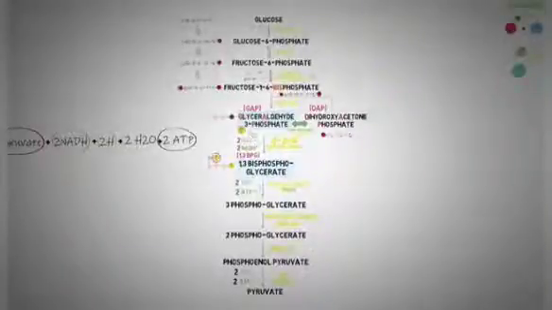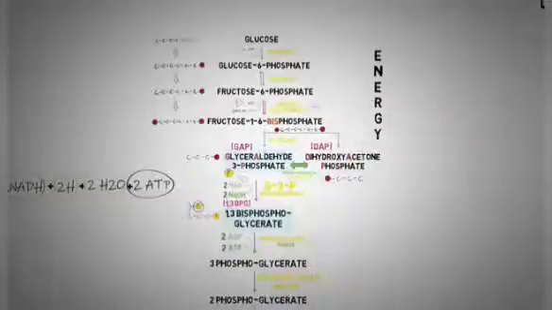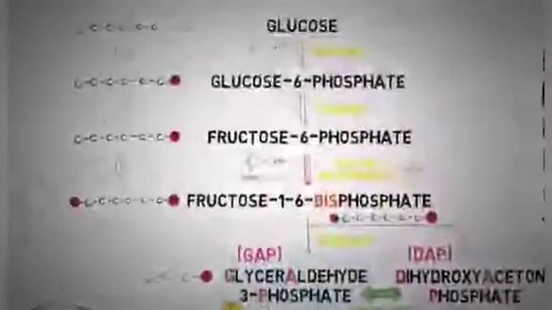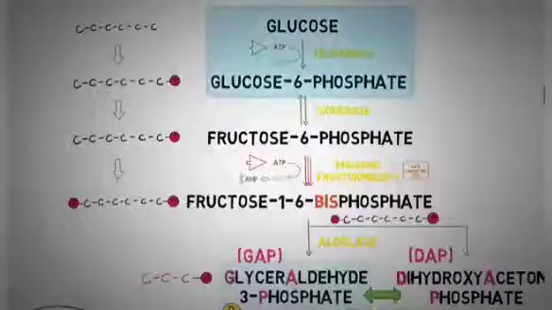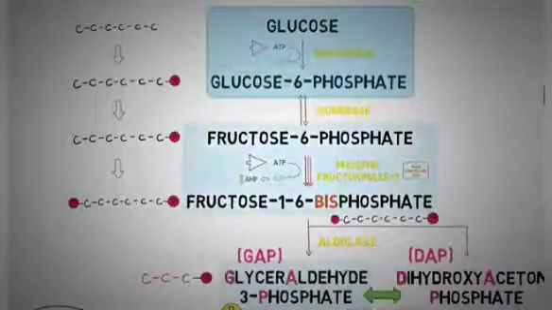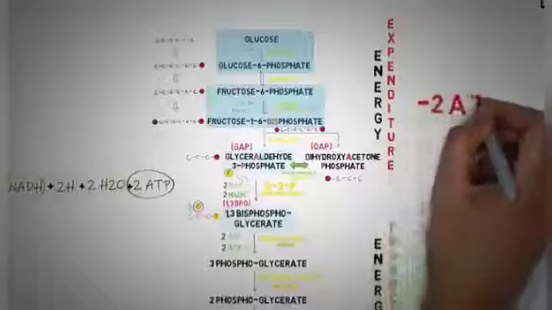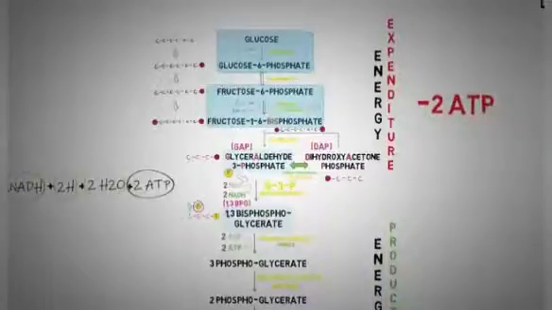Now if you look at how much energy is derived from glycolysis, you can first note that glycolysis consists of an energy expenditure phase and an energy producing phase. In the first phase we use 2 ATPs. 1 ATP is used here to convert glucose into glucose 6-phosphate, and the next one is used here in the conversion of fructose 6-phosphate to fructose 1,6-bisphosphate. So till now we are in a -2 balance for ATPs.